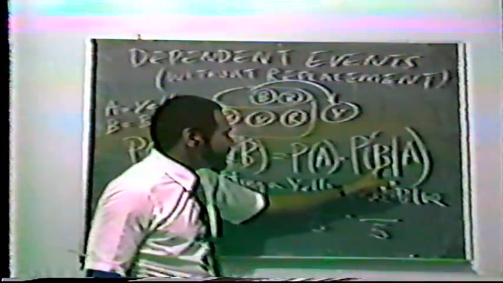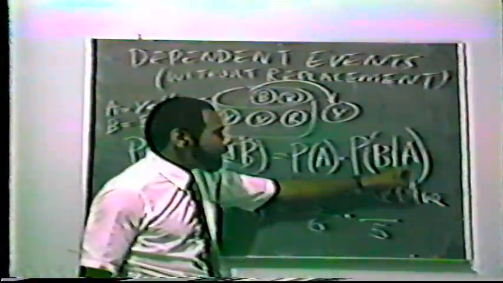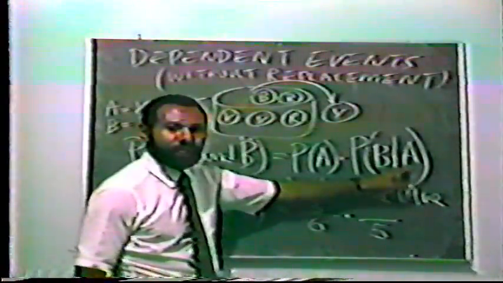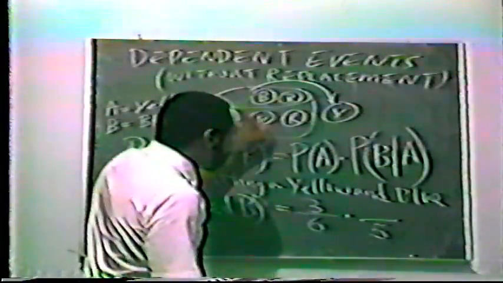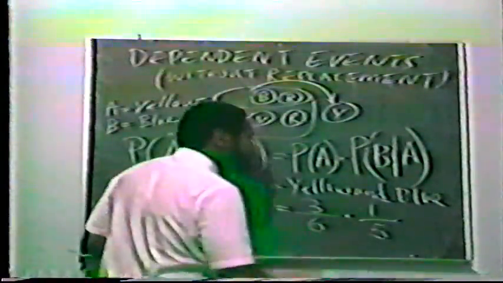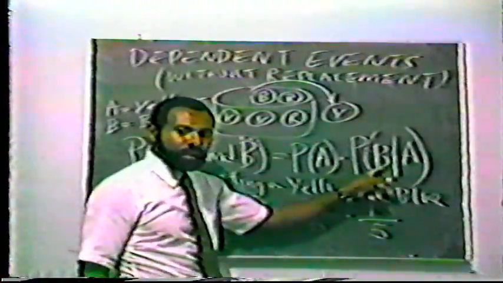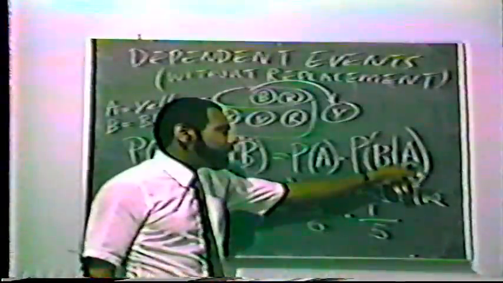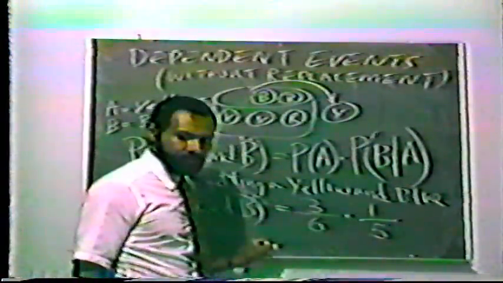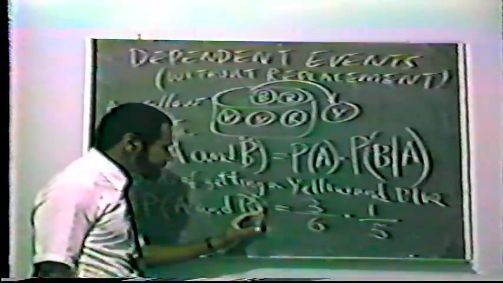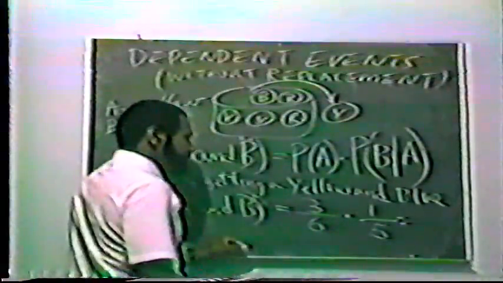So we want the probability of getting a blue ball given that we have already taken a yellow ball out of the container. Now we look at the blue balls. We have 1 blue ball in the container. So the probability of getting a blue ball given that a yellow ball has already been taken out of the container would be 1/5. Now all we have to do is multiply these 2 probabilities together, and that gives us